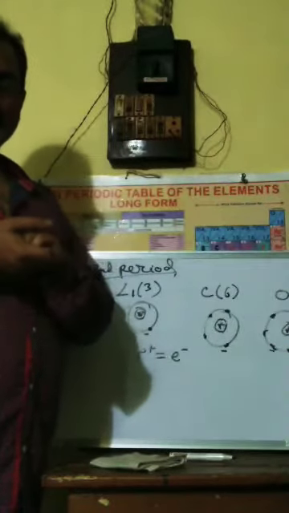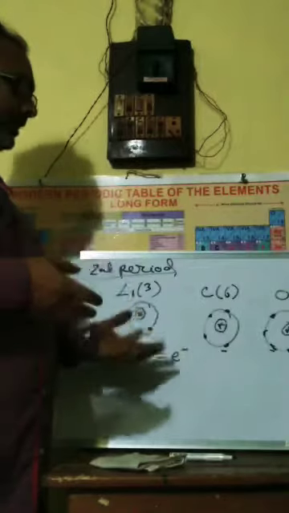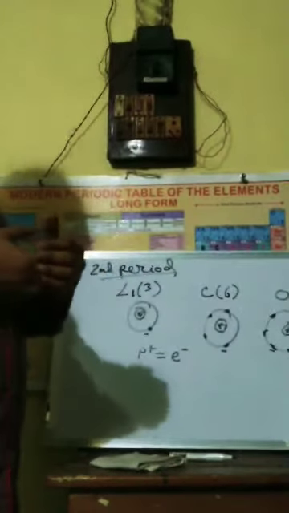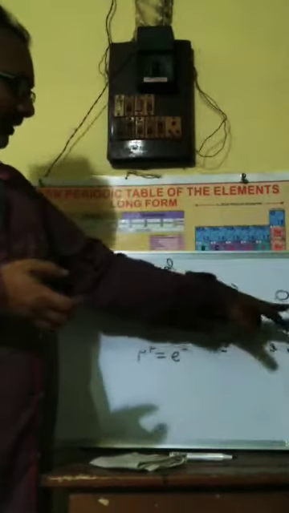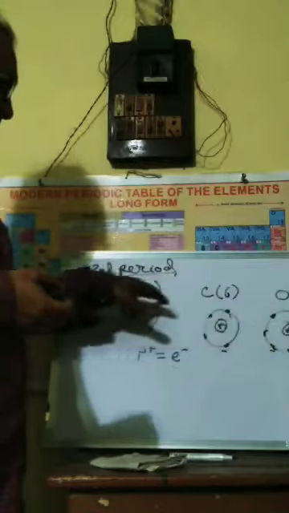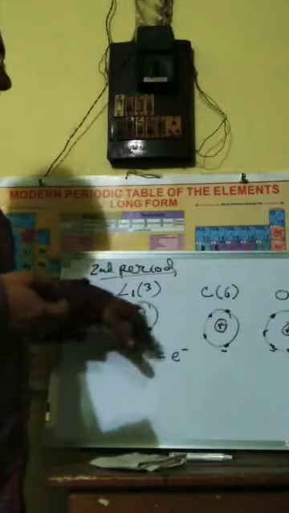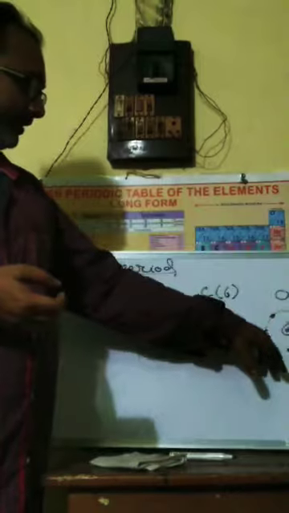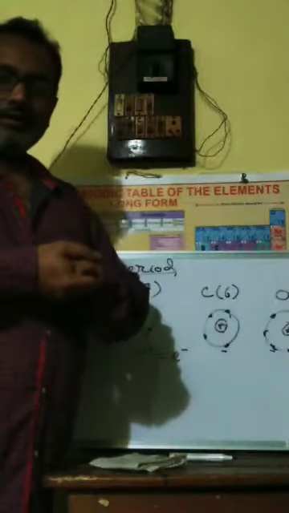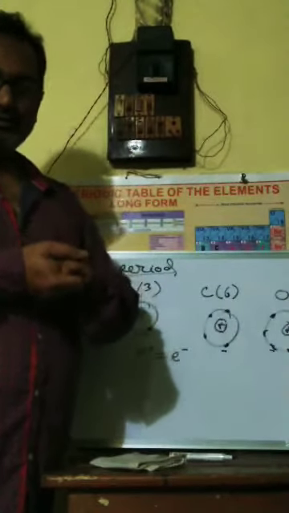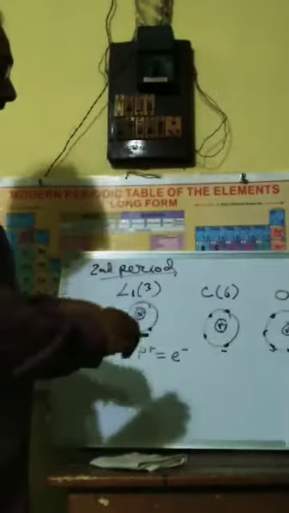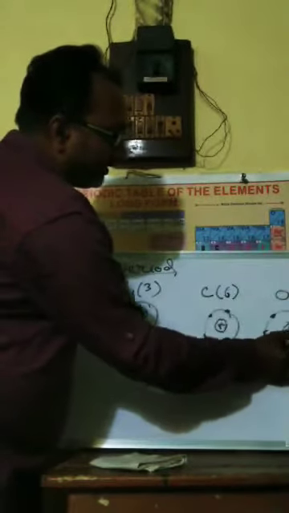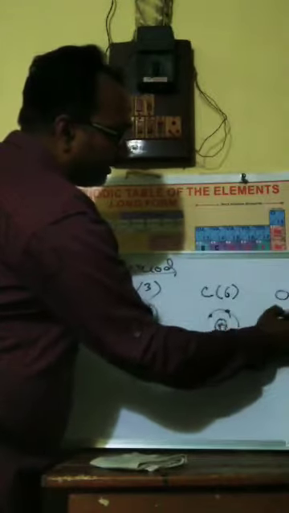The force of attraction will be more where there is a greater number of electrons and protons. So definitely the force of attraction will be strongest in oxygen compared to all the 3, least here and most here. So when they attract each other with a strong force of attraction, what will happen? This center part, the proton, will pull the electron towards the center. It will pull this electron towards the center. All these electrons will be pulled towards the center.